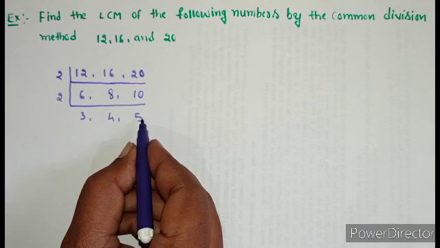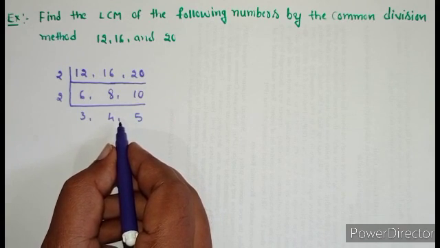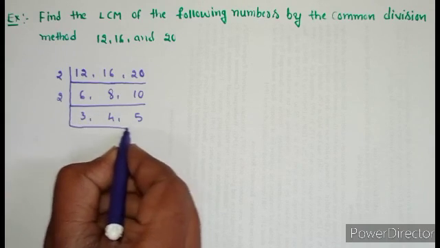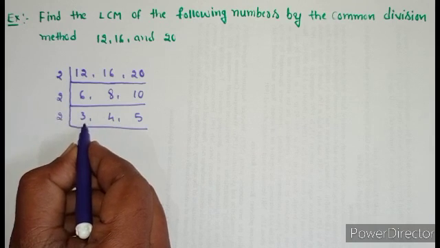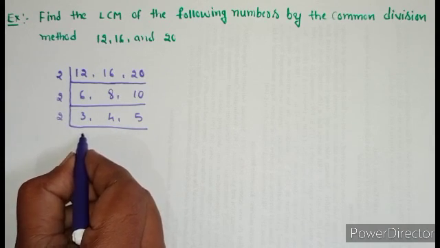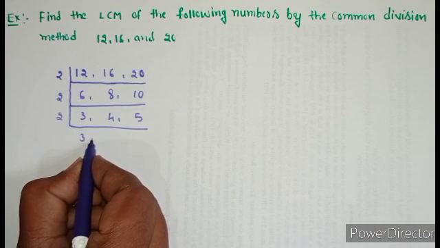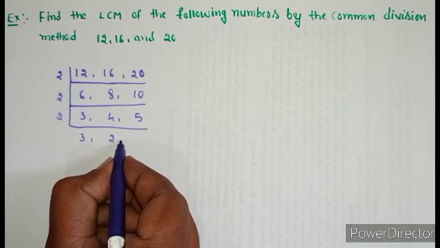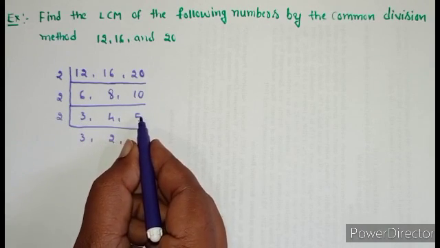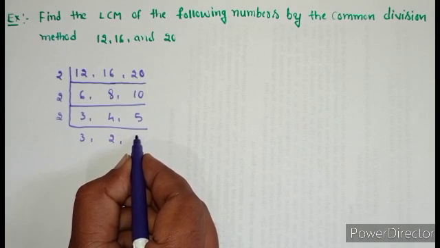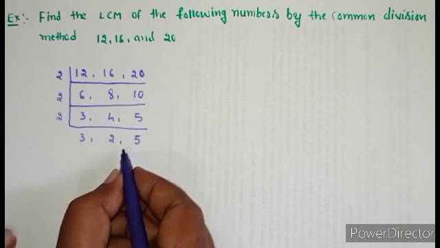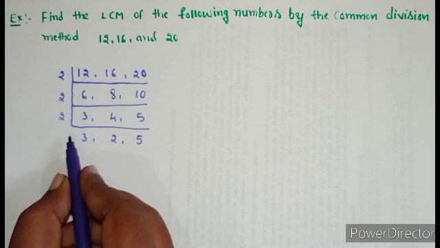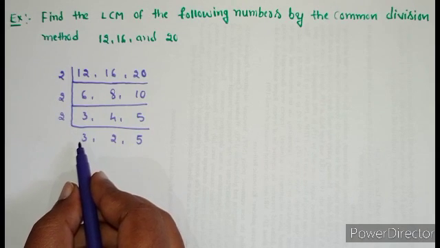The smallest prime number which can divide at least one of these numbers is again 2 only. All of you see here. From 2 we can't divide 3, right? Bring down these numbers as they are. And here 4 divides by 2. 2 2s are 4. And from 2 we can't divide 5. Bring down as it is. So here we got all the prime numbers. Students, so here in the last row we got prime numbers.